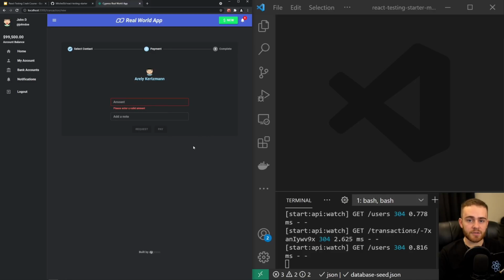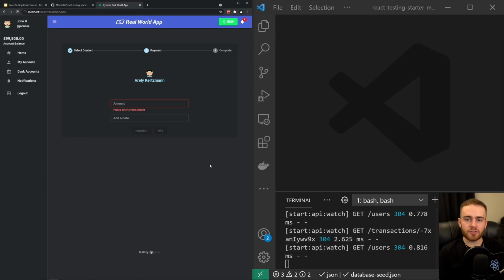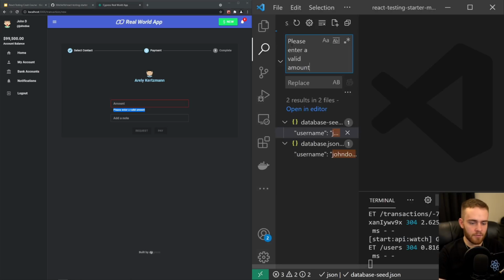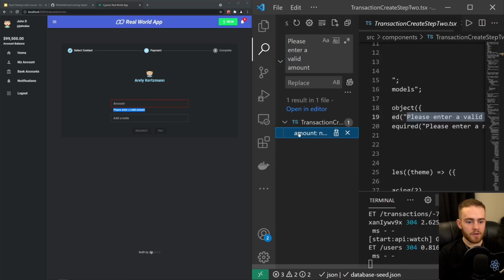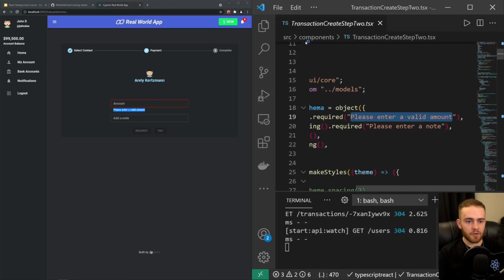the payment process. And for this, we're going to use the React testing library, which as of today comes by default with a create React app installation. So it's already installed in this repo. So let's try to find out how this component is actually called. What I often do is I just search based on the text I see. So right here, see, please enter a valid amount, the error message. So I can just copy it, go over right here, and now you will see that that component is called